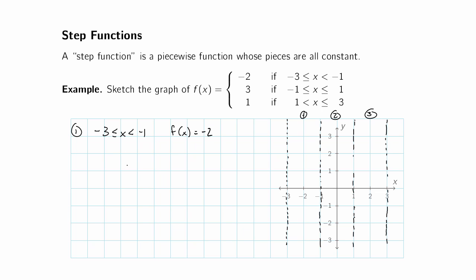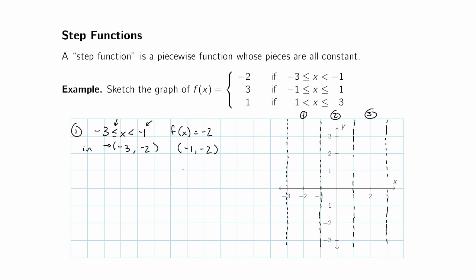So the endpoints of that part of the graph will be -3, -2, and -1, -2. In this piece, x is allowed to equal -3, so this point will be in, and x